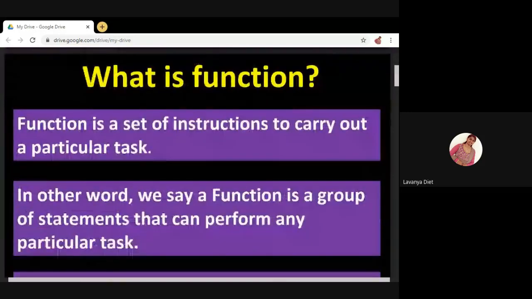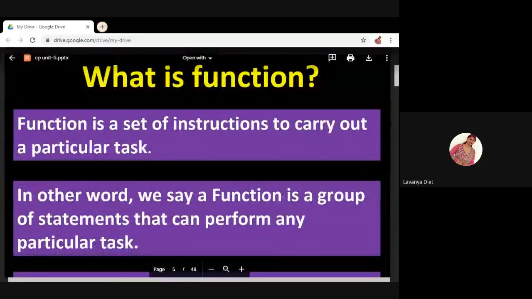Let us see what a function is. Already I have said a large program is divided into small subprograms. Those subprograms are nothing but functions. A function will contain some piece of code, that means some set of instructions which will perform some particular task. See the definition in the presentation.